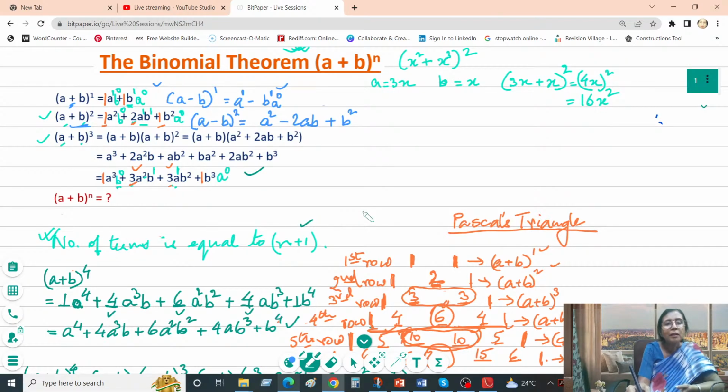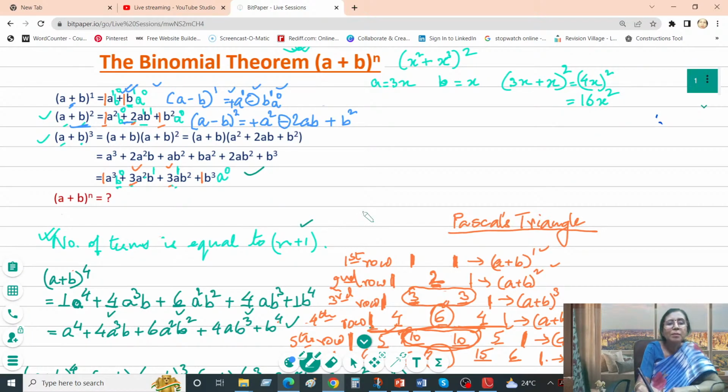What is different? The difference is, in this case it is plus 2ab and in this case it is minus 2ab. This is of course the plus a square. Always it is starting with a plus sign. Over here also it was a plus b and now it is a minus b. Starting with a plus sign, then the second term is having a minus sign.